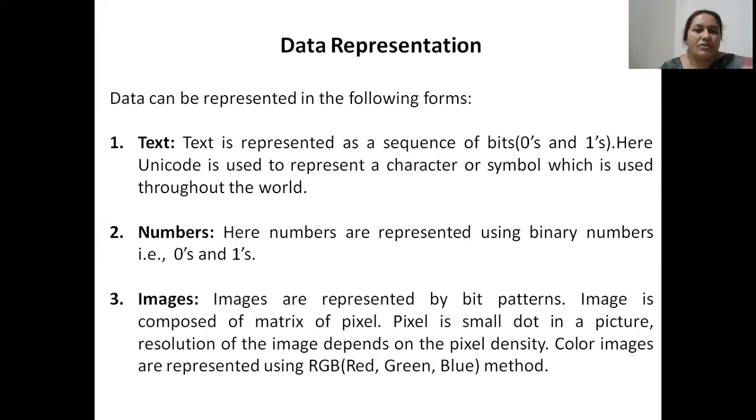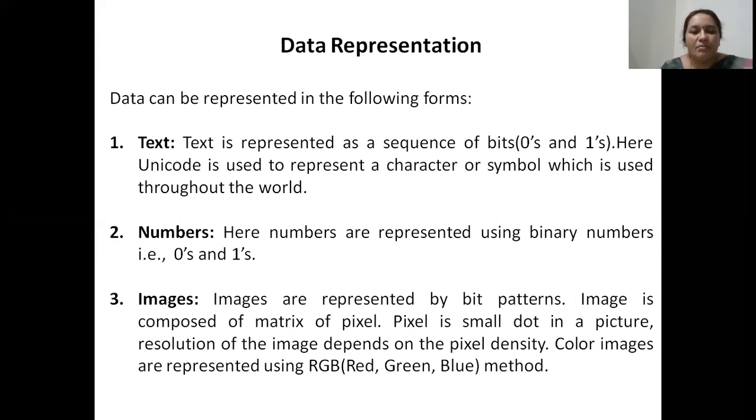The next topic which we will be learning in this video is data representation. So as we discussed earlier, 5 main types of data are exchanged on a data communication system or on a computer network. What are those? They are text, numbers, images, audio, and video. So as users of networks, we transfer the data as either text, numbers, images, audio, or video.